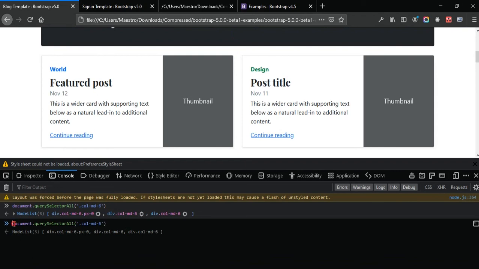Okay, let me assign this to a variable. Now once I click enter, it's going to automatically execute. What I can do is press shift and enter. Shift and enter will take it to a new line without executing it. It also works in Google Chrome, so that's an option since it does not have a multi-line JavaScript